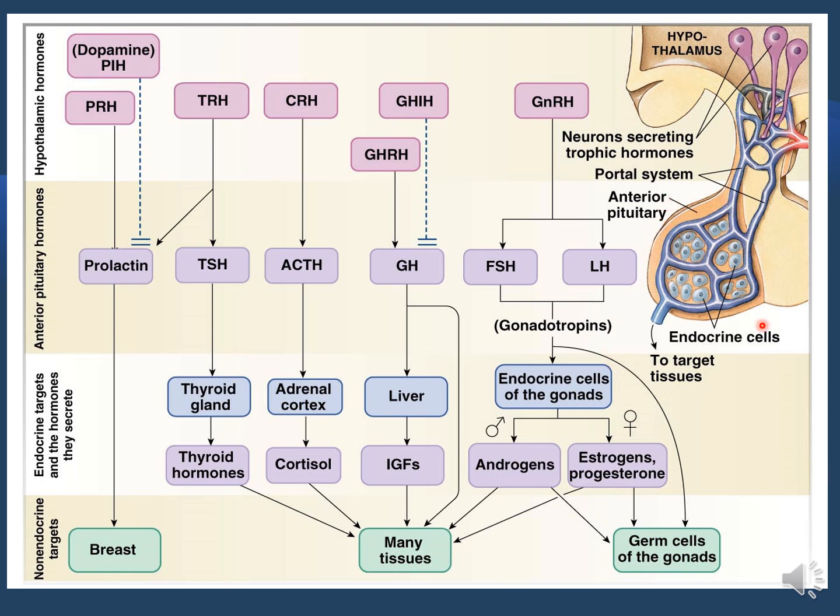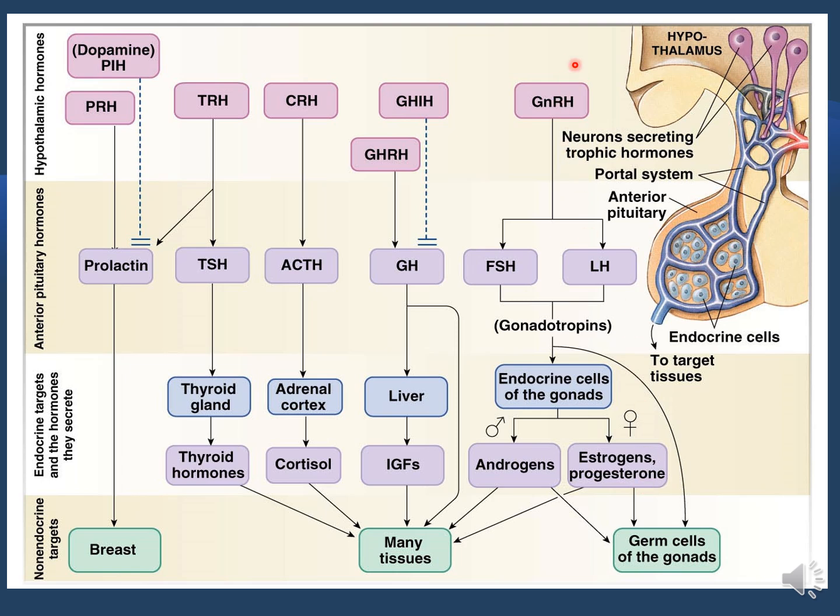Here is the anterior pituitary. It is influenced by the hypothalamus, so hormones come from the hypothalamus and then act on the pituitary. So here are the hormones that influence the pituitary. They generally stimulate, but sometimes inhibit, the 6 hormones of the anterior pituitary, so FLATPG, FLATPG. And then here are other endocrine glands that are influenced by these hormones and the other hormones that they